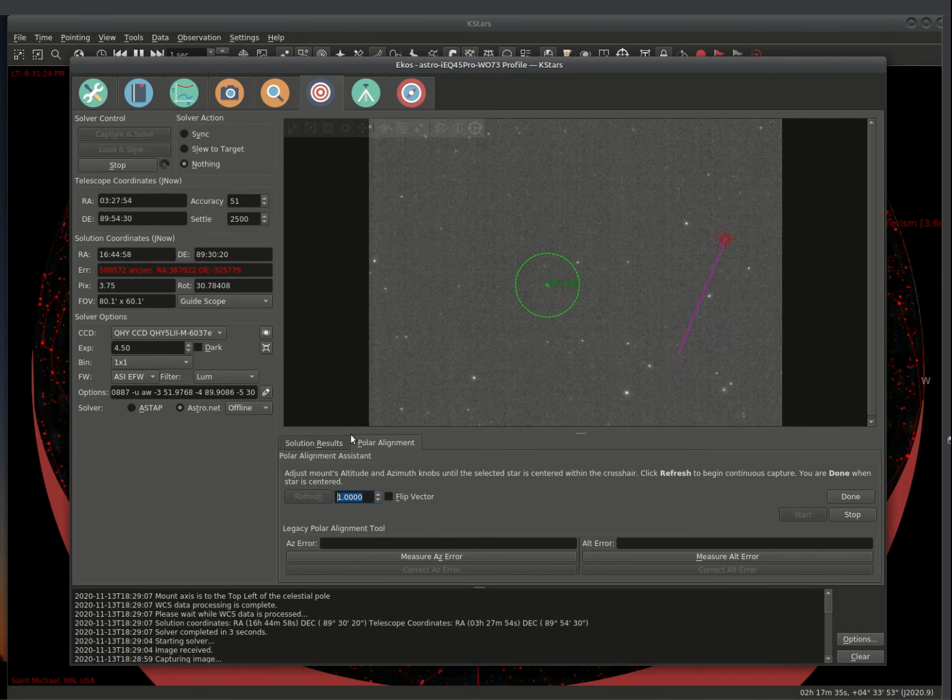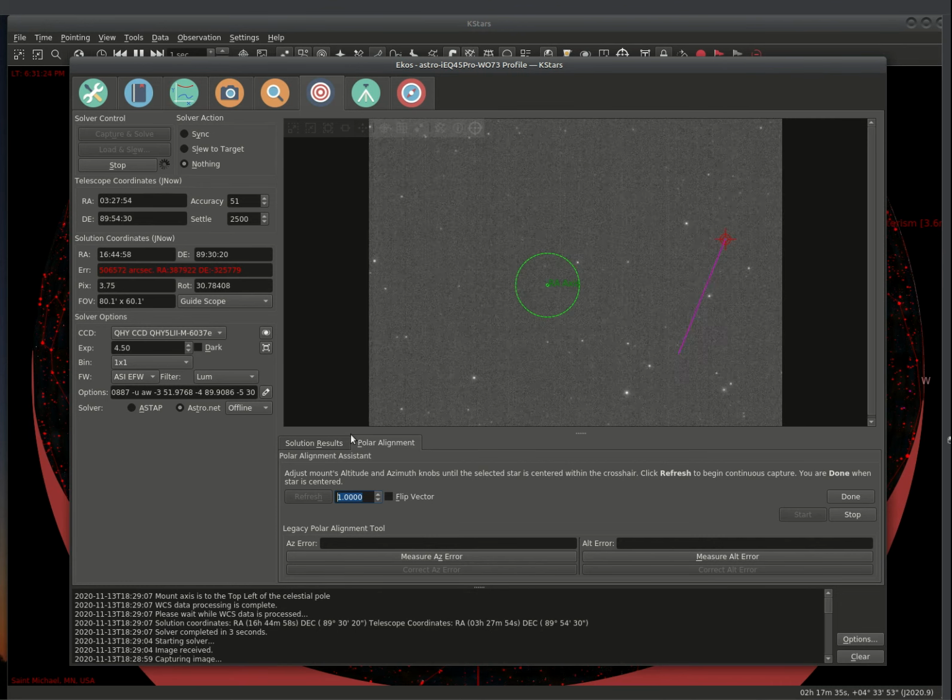Okay, that's pretty good. So I'm going to go ahead and hit done. It'll repark the telescope. Now, as I'm going through the menus here, I know it's a bit overwhelming at first when you use ECOS, but you will get used to the different menus. What I'm going to do now is hit select